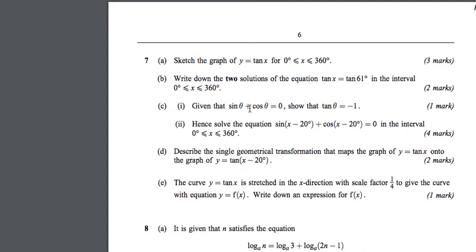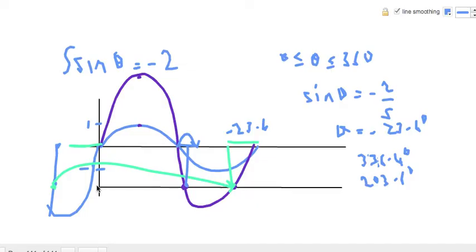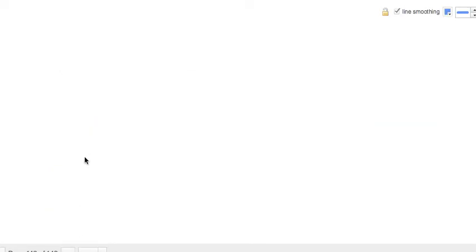Part C, given that sin theta plus cos theta is 0, show that tan theta is -1. So as we talked about, when we talked about sine being height and cosine being width, normalised measures of them anyway, because it needs to be, it's only when it's 1. So if sine is height and cosine is width,